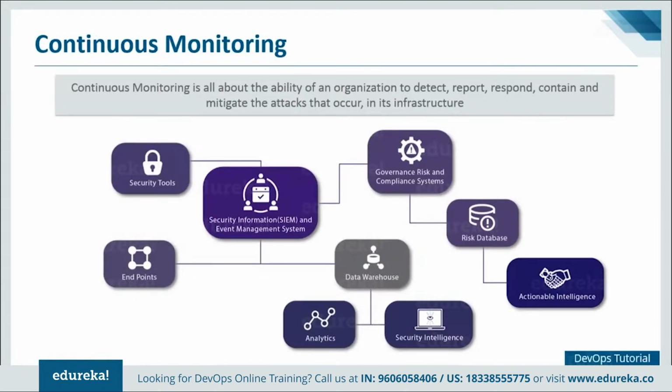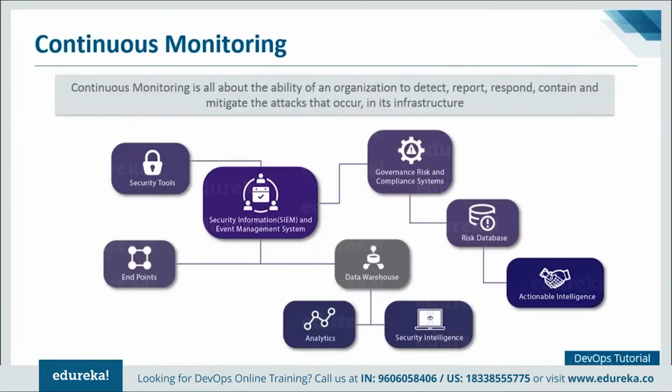It is all about the ability of an organization to detect, report, respond, contain, and mitigate the attacks that occur on its infrastructure or on the software. So basically, we have to monitor the events on an ongoing basis and determine what level of risk we are experiencing. So if I have to summarize continuous monitoring in one definition, I will say it is the integration of